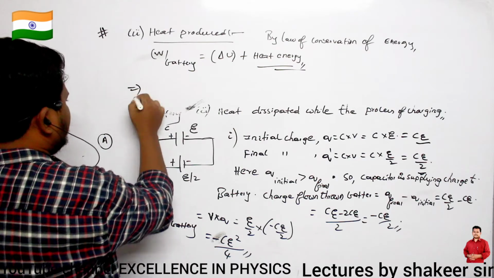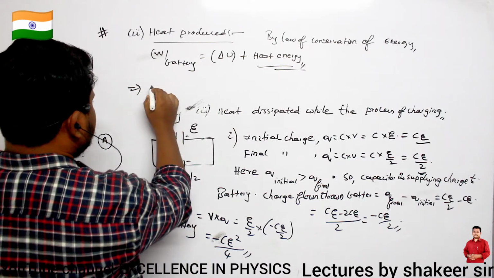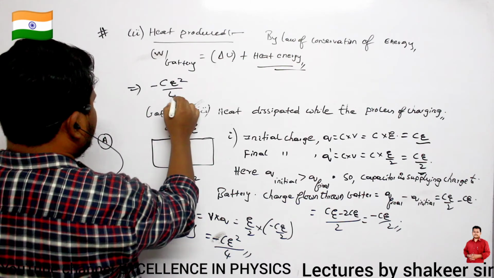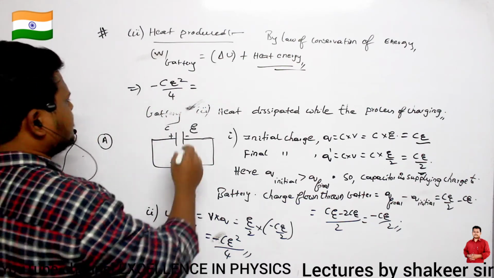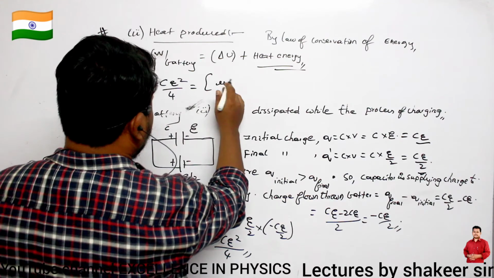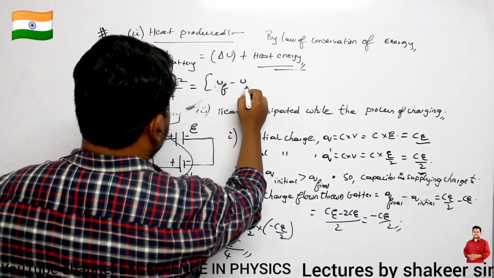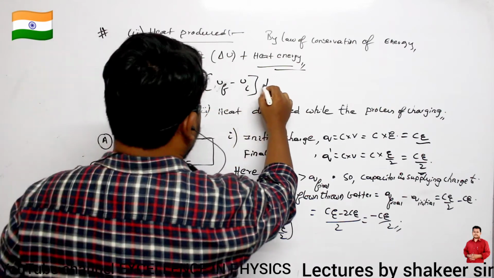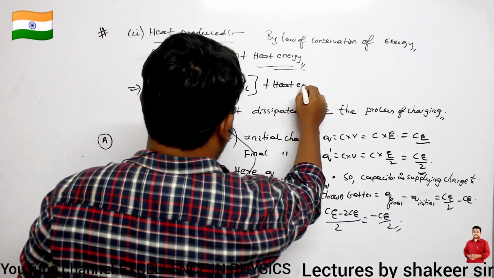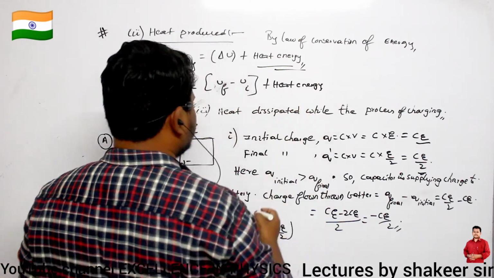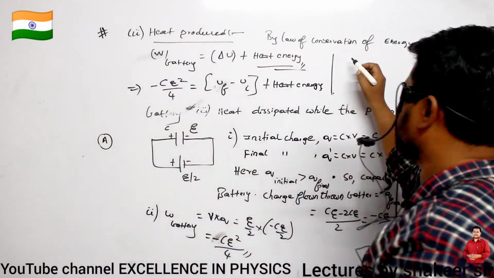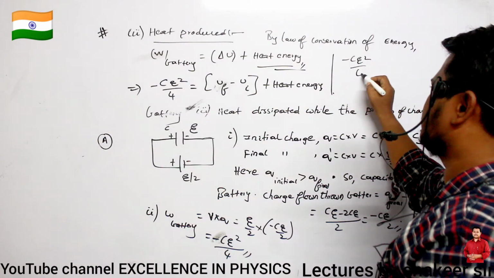So work done by the battery, already we have calculated, how much is it? Minus CE square divided by 4. Clear? Then change in potential energy, how can I write? Final potential energy minus initial potential energy, plus heat energy. That's all. So if I do this calculation here, minus CE square divided by 4 is equal to